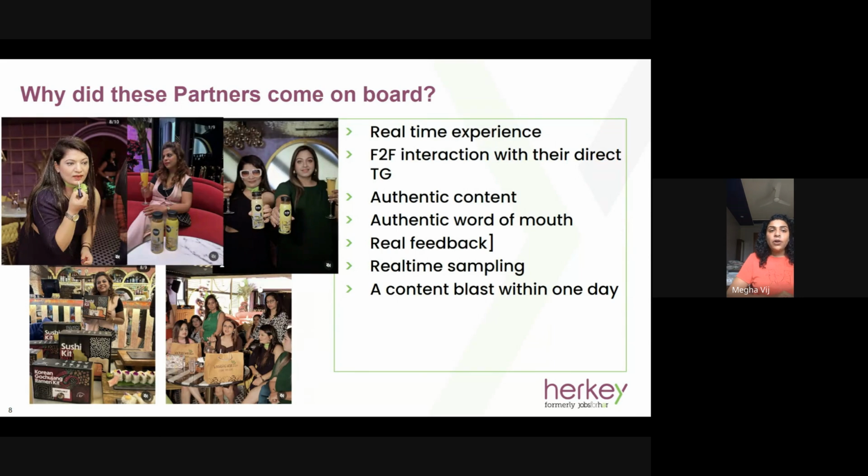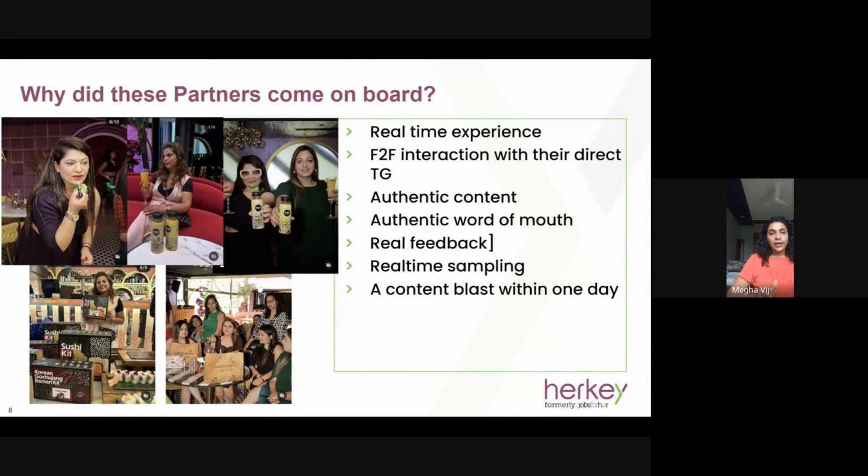A lot of times content quality suffers because people do not know how to display a product. They don't know what kind of lighting is apt. Their camera might not be great, or their background might not be great. But when you're doing an event at a beautiful restaurant, you have eliminated all of those problems. The lighting is fantastic. The imagery will look beautiful. Your product will come across really beautifully because they'll be right under the light. Overall, everything just comes out really, really pretty.